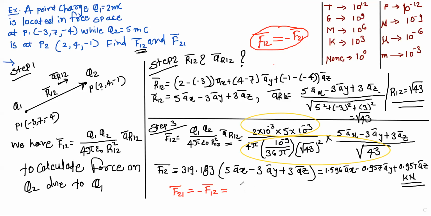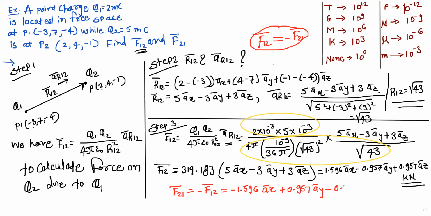It is minus 1.596 a bar x plus 0.957 a bar y